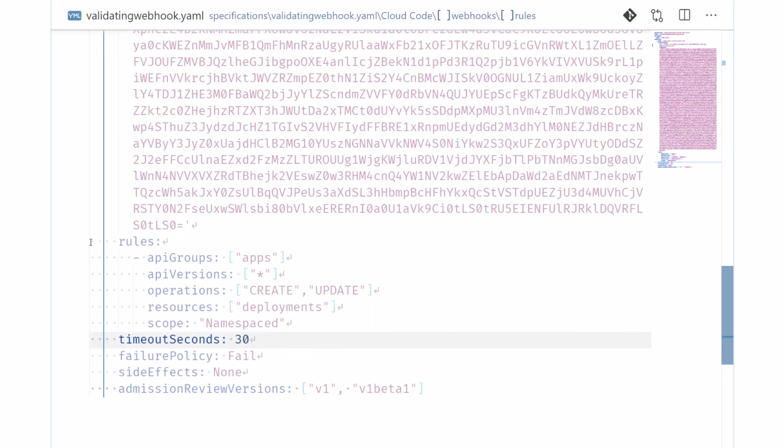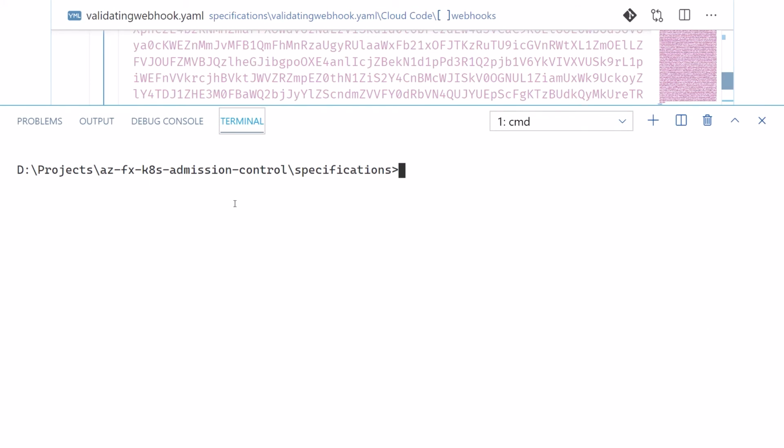The other properties are the same as what we saw in the specification in the slide, which specify a timeout, a failure policy, side effects, and the version. In order to apply this specification, let's launch the terminal and type the command kubectl apply -f and the name of the file.